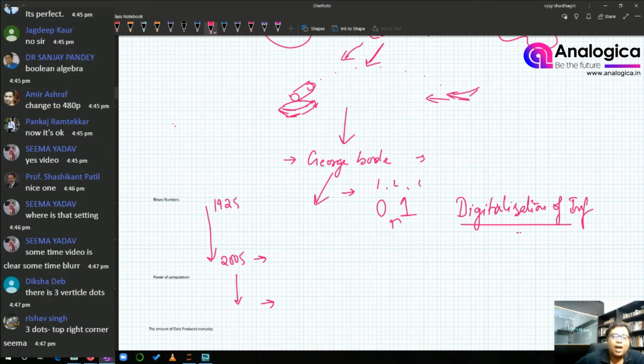Everybody is producing data. I am producing data today. Your comments are data: the three dots in the top right corner, somebody saying hi, video not good, everything is data. If I want to analyze this with sentiment analysis, I don't even have to ask you. I can just take the text and use sentiment words, the good words and the bad words, and get a rough estimate of how good or bad the